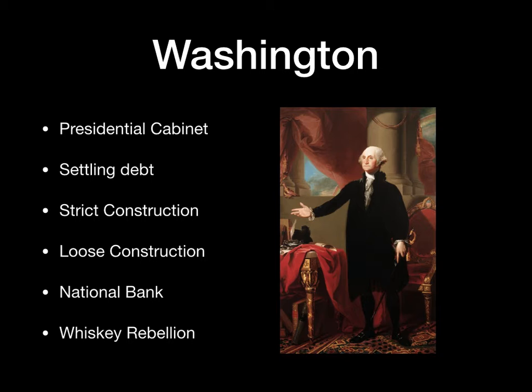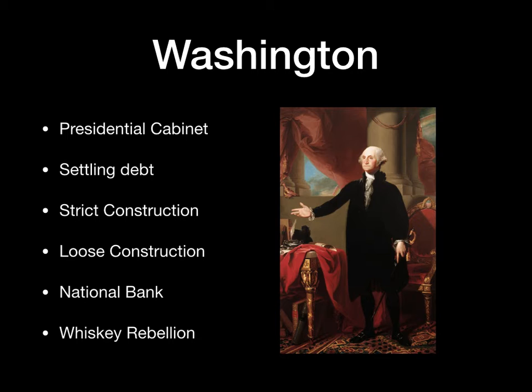So it'd be like he gets to appoint his assistant managers, people that he's going to name heads of executive departments, such as Secretary of State, Secretary of War. All these people, the president gets to name who holds those positions. And Washington is the first president to do so and set up exactly how that process goes.